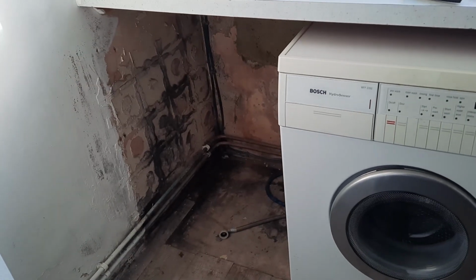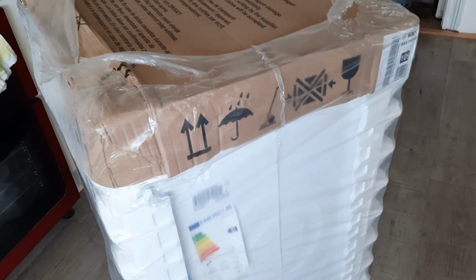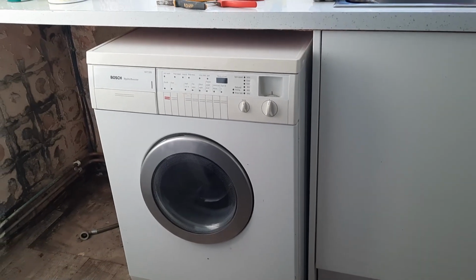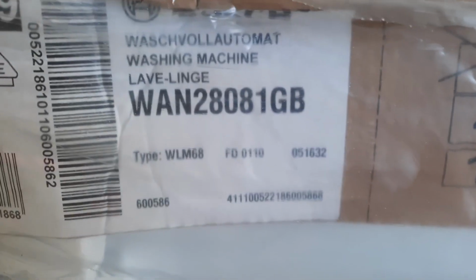And I do have a replacement machine, and it's a brand new one, which is here, and we are going to unbox it. The machine I got is another Bosch, to go with the hydro sensor, which I will move out in a bit and plumb this in. So it's a Bosch Serie 2